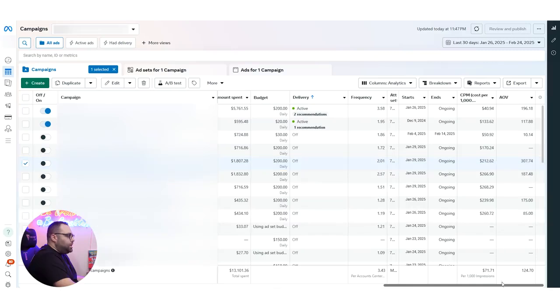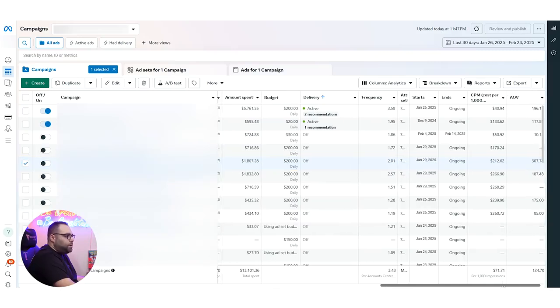But not only a better CPM, because for example, an Advantage Shopping campaign, or Sales campaign as it's called now, can be better in terms of CPM, but that doesn't mean it's going to have sales. Sometimes you have to see both things, CPM and sales, at the same time. What is the most cost-efficient way to train my pixel, as we said in other videos? Here, my most cost-efficient way is this one campaign that I managed to optimize,